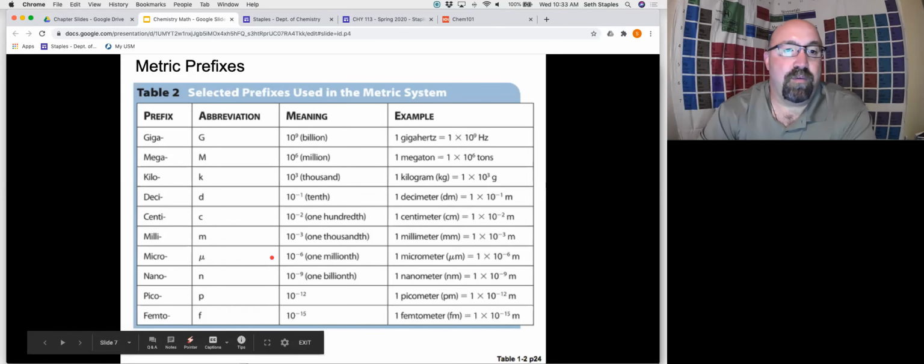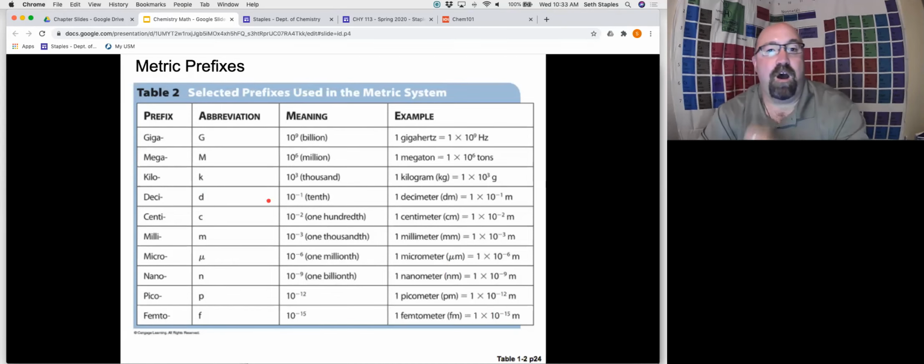Really, the way that it works, we can see that the metric prefixes, if you're not familiar with them, are all based upon powers of 10. You can view this breaking point here between kilo and deci. This is where our base unit resides. Anything above this line represents measurements that are larger than our base unit. For instance, if we're talking about grams,